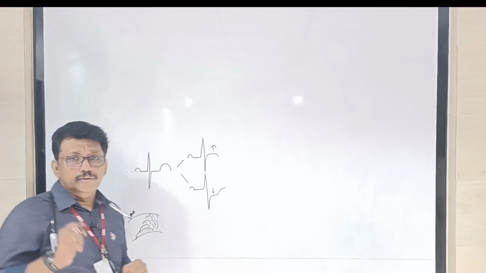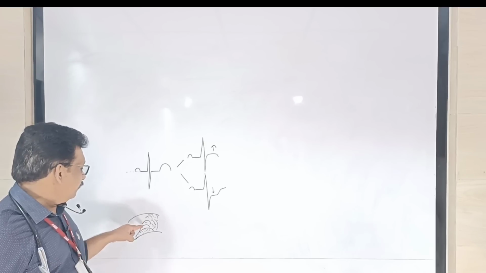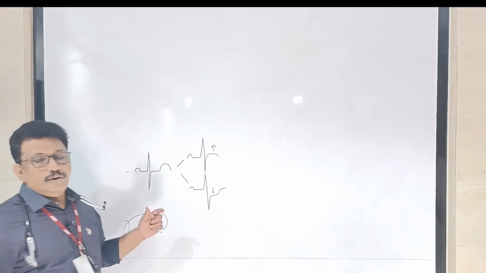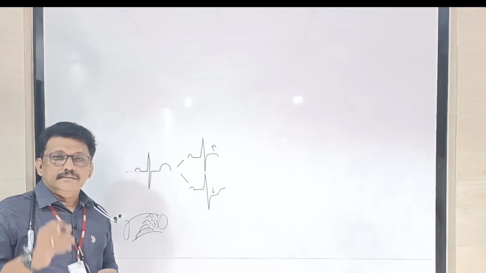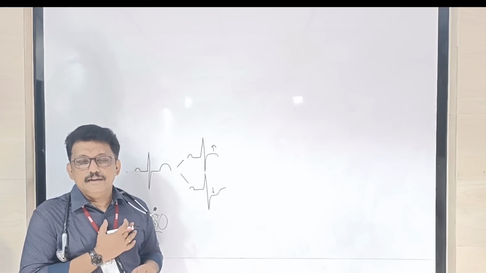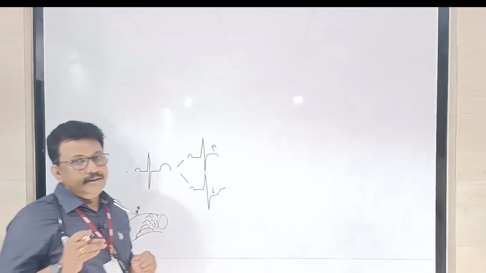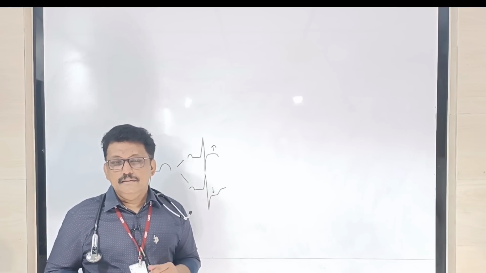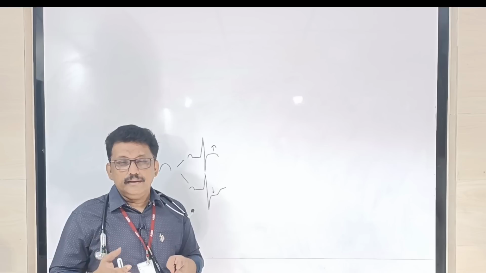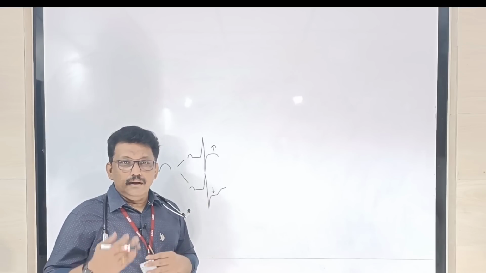Now we will see what are the acute myocardial infarction changes in ECG. So whenever there is a complete block in the coronaries like this, the patient will have severe chest pain during that period. Even if you advise rest or sublingual sorbitrate, the pain will not be relieved. The patient will have severe left-sided chest pain, it may radiate to the left hand. When we are taking an ECG initially, it may not show any change, because when the patient comes to the ER with acute myocardial infarction and we are taking an ECG, it may show as a normal ECG, but after some time again the patient